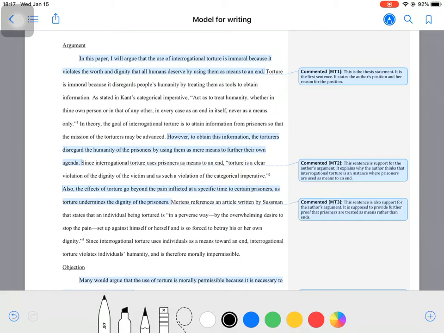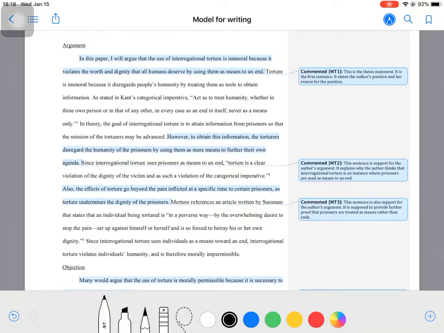So this is a philosophy paper that was written by a grad student in the department, I believe, when they were an undergrad. It's going to have a slightly different structure than your paper, but it's still very, very close to the structure that we're looking for and the way to approach writing a philosophy paper.